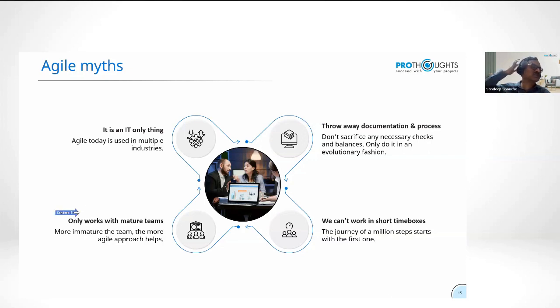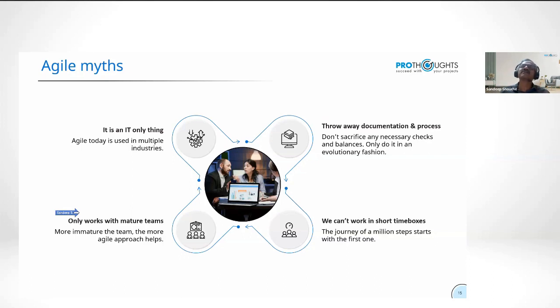Some people say, no, no, no, Agile is great, but you see, my team doesn't understand this. I've got all useless people. Team is not mature enough to do this. Hello, if you are working with an immature team, you are in deep trouble anyway. Forget about Agile for a minute. Think about how much trouble you are in.